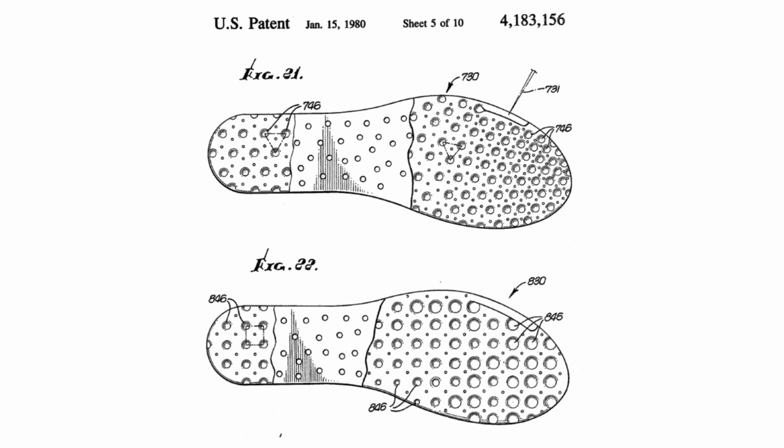In Fig 21, the end of a hypodermic needle 731 is shown in phantom lines as a means for inflating the insole 730. In Fig 22, an inflated insert, or insole 830, like the insole 730 shown in Fig 21, is designed to be thicker in the rear or heel portion than in the forward portion, to provide greater shock-absorbing characteristics in the heel portion and a more firm support in the forward portion, which underlies the ball and toes